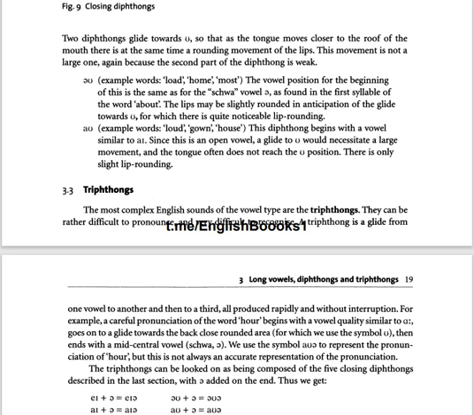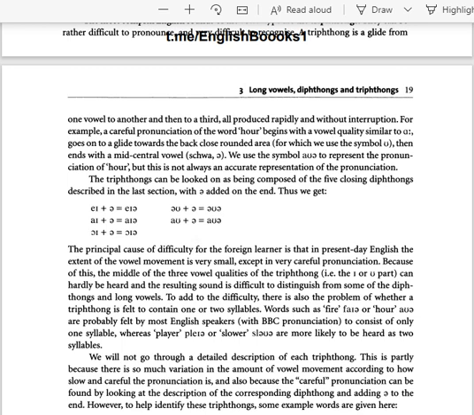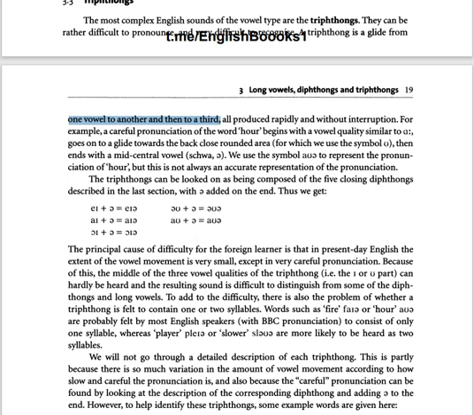A triphthong is a glide from one vowel to another and then to a third, all produced rapidly and without interruption. For example, a careful pronunciation of the word